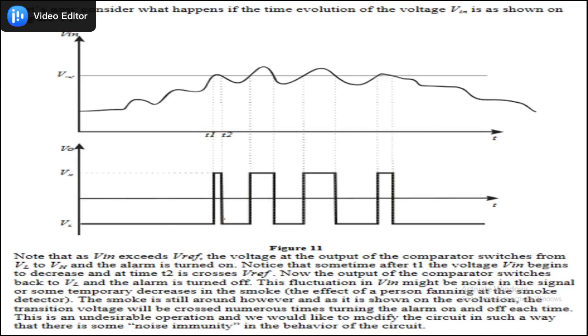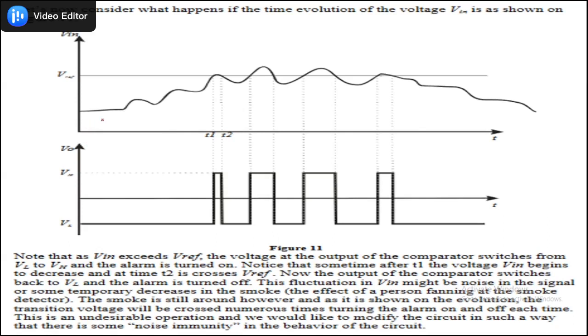Another example is the smoke detector, which is one of the applications of the comparator circuit. There can be several applications of comparator circuits wherever you want to switch something on or off based on some reference value. For example, in your air conditioner, if there is a set point, or in your refrigerator, if you do not want to go to the maximum limit, and if you want to cut off power or save more power, you can utilize these comparator circuits.